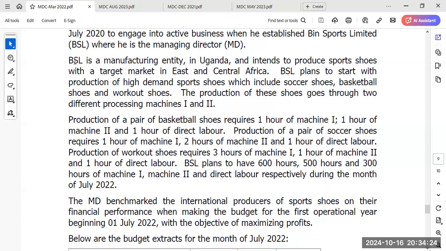Now this paragraph. BSL plans to start with the production of high-demand sports shoes, which includes soccer shoes, basketball shoes, and workout shoes. Something should come into your mind. They plan to start the production of what? High-demand sports shoes. And you have 3 categories. Soccer shoes,